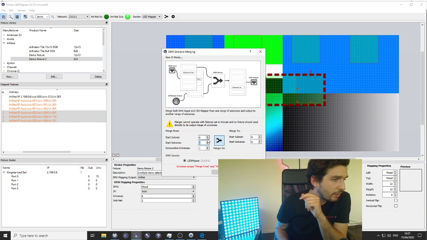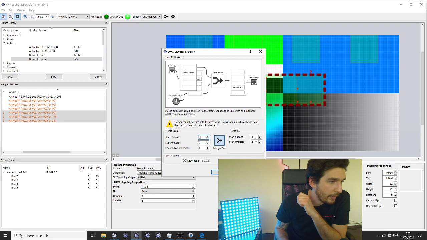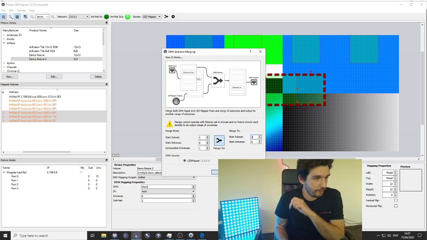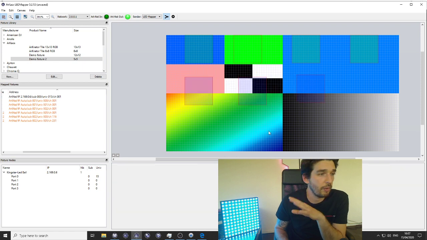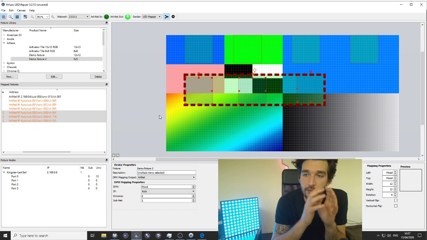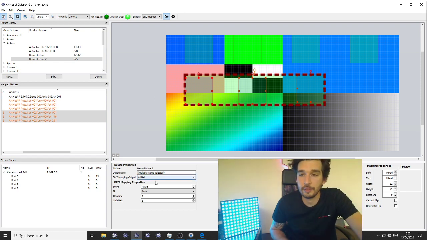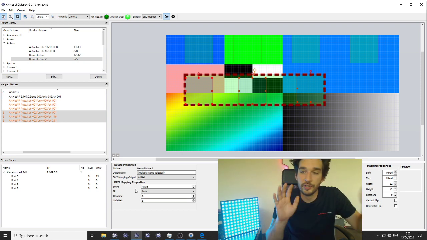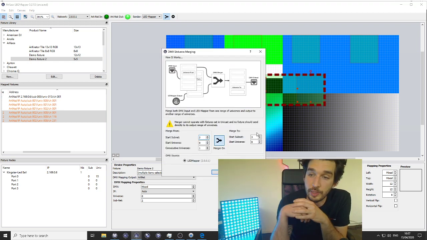So subnet 2, and I will send that now to subnet 3. Okay, apply. It means that pixels generated from my software on subnet 2 universe 0 are merged and sent on subnet 3.